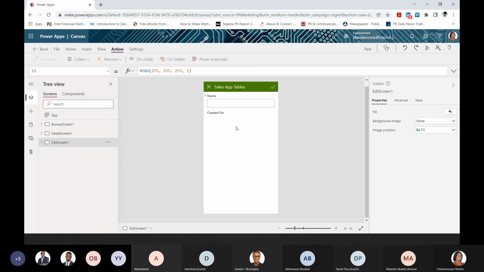Anyone? No. No. Enter. No. Okay, let me just give us F5. F5. So with your Power Apps, when you're done creating the app, you can just use F5 to run the